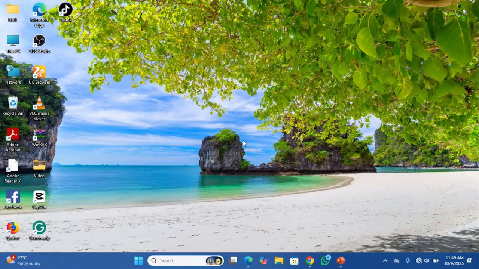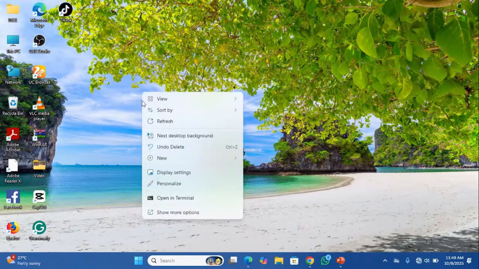Now you can decide to change the background of your choice, maybe make it a little bit personal using your picture or your organization's image to place on the background just to represent your organization. Now how do you do that? You simply right click an empty space on the desktop, then you now select